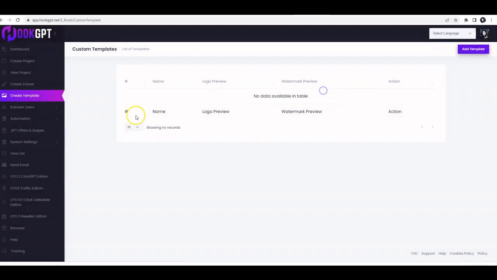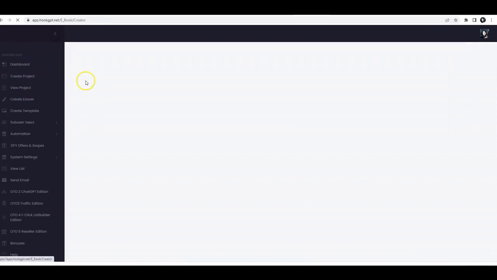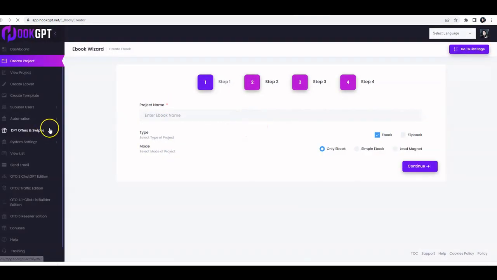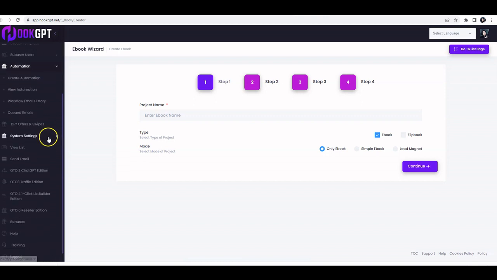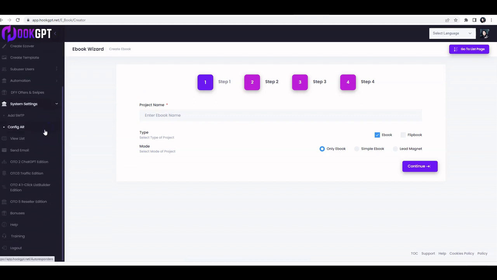And these templates are going to be the templates of the design of the flipbook. Once again, you can create as many as you want. Of course, we have the option for automation, which I showed you right here on Creating Project. Automation simply means that it goes ahead and sends people emails through a scheduled sequence automatically after they join your list through HookGPT. Then we also have system settings where you can set up your autoresponder and SMTP,